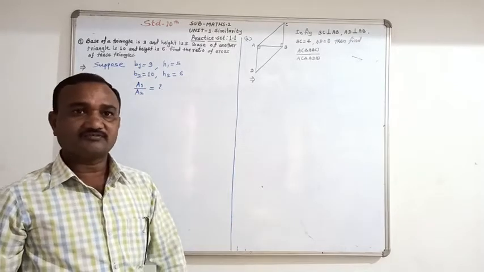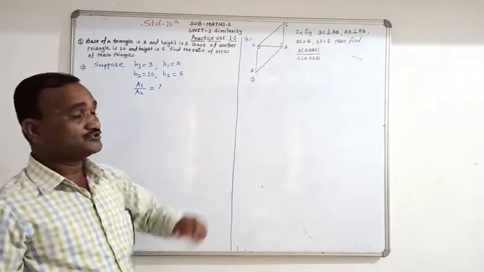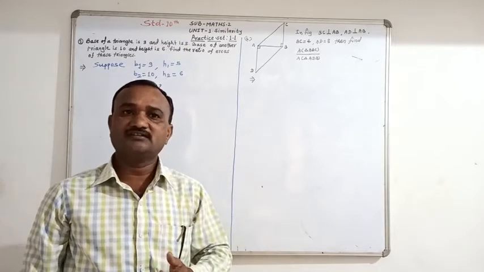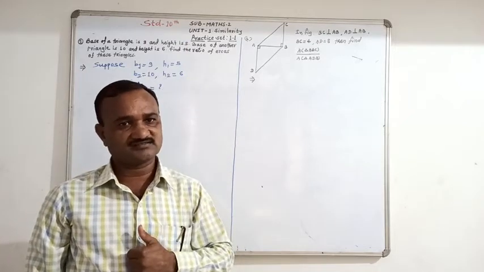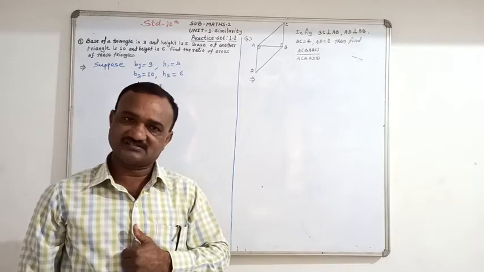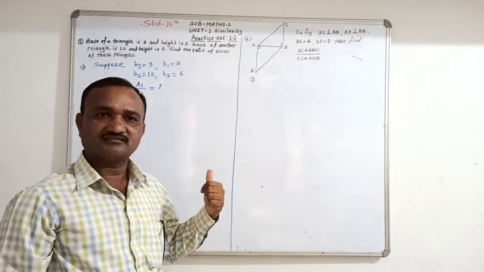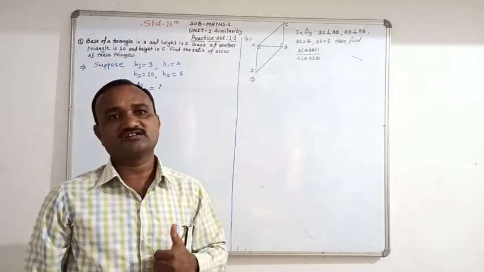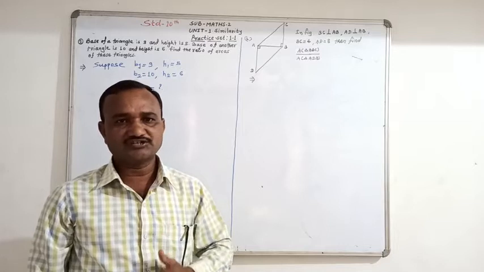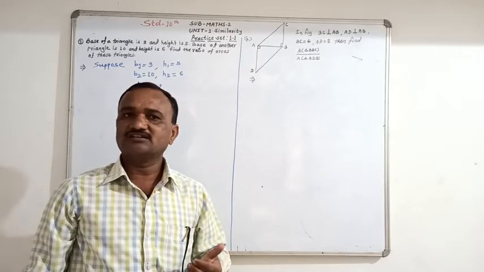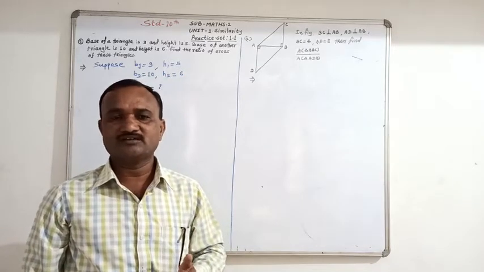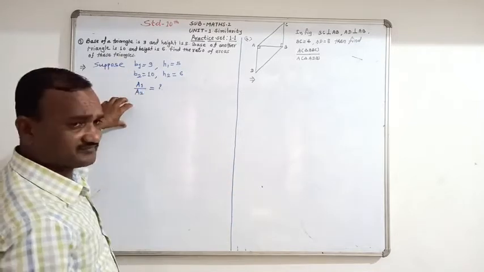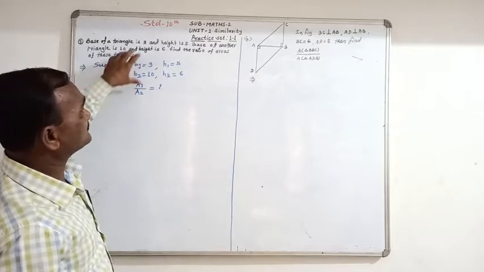Okay. Third question, how to find? So if base and height of both triangles is given, then how to find the ratio of areas of these two triangles? So that means use the properties. Which property can we use here? Okay, so first property you can use here. That is first property, ratio of areas of two triangles is equal to ratio of product of their bases and corresponding heights. So that property you can mention here. You should use this property and solve these examples.